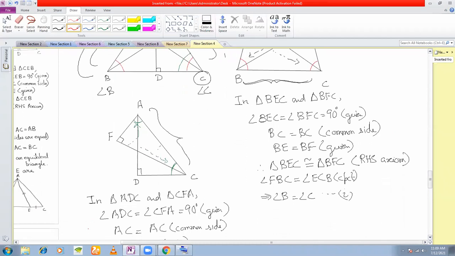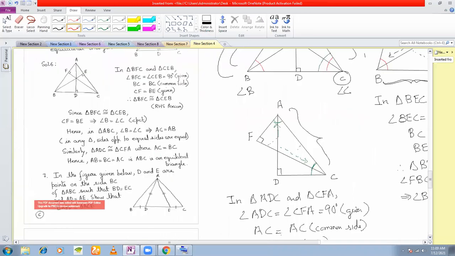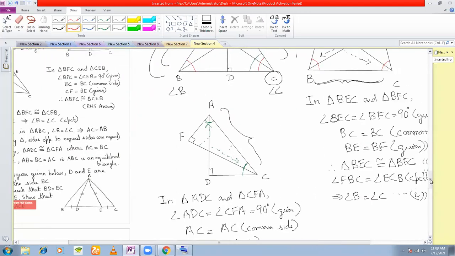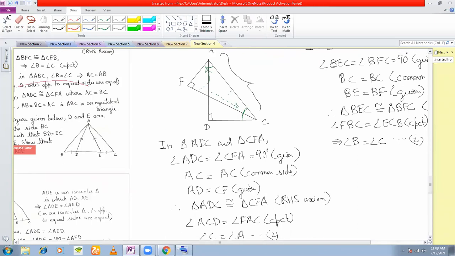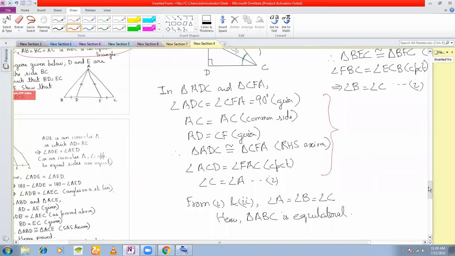Can I move on now? Sir, can you please scroll a little down? I need to see the last answer. In the problem, I have not done the proof here in the notes, but the proof I have shown it here, so you can copy it from here. Sir, can you please scroll it a little up? I need to see the last line which you have written. Yes, sir. Thank you, sir. Fine. So I'll move on to the next problem.